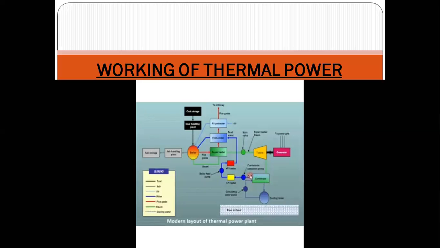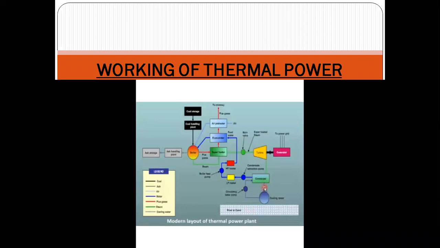The condensation process takes place with the help of circulating cooling water. This circulating cooling water may come from a river or canal where it is available, or your plant may be placed on a river front, then it is possible. But if there is no availability of such resources, then for the cooling purpose a cooling tower is required, because the circulating water comes inside the condenser, absorbs heat from the steam, and becomes hot when it comes outside.